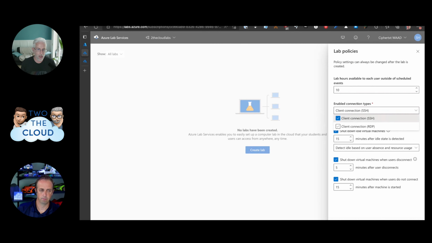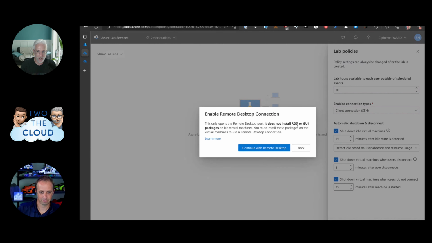I was playing around with this in the past and I really screwed it up. I was like, I'm going to create a Linux lab, and I think it'd be super easy if we could just create a template where I already had RDP installed on the server, so I could show that we can do both SSH and RDP to the server. You can't come back and change this later. So if you think you're going to need RDP connectivity, even if you're doing a Linux lab, go ahead and just check that box.